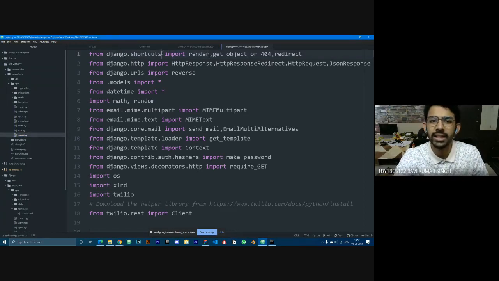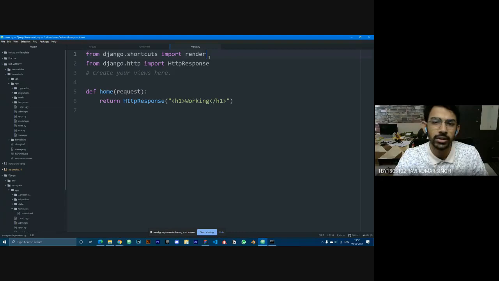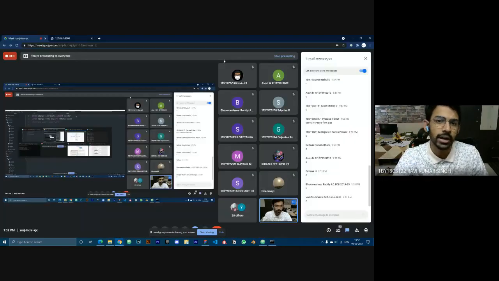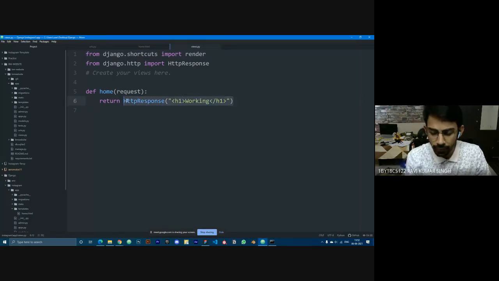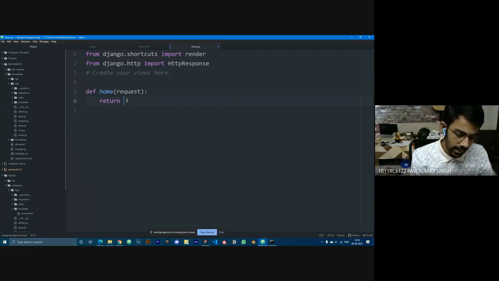So all of these, like django.shortcuts and these URLs, we will come to them. All of these are libraries. Render is already imported in your views. If you can see here, render is already there. So what we are going to do now is, in terms of return, we'll be saying